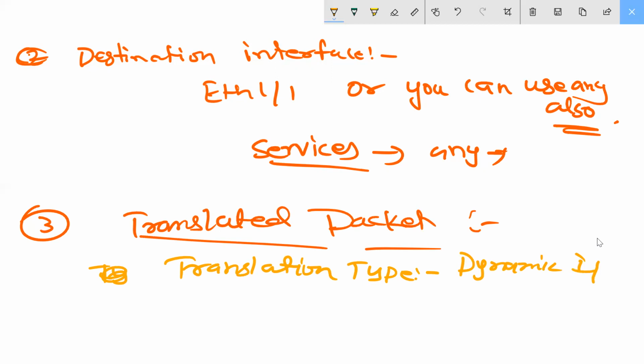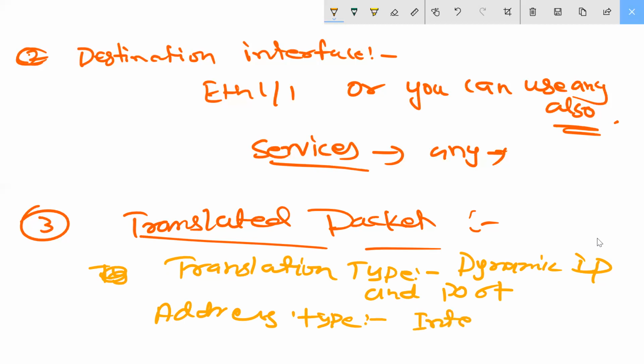Okay, dynamic IP and port. Then address type, interface type. Okay.